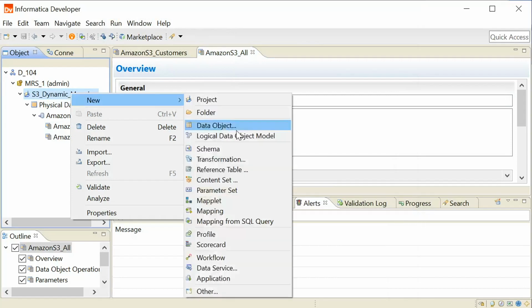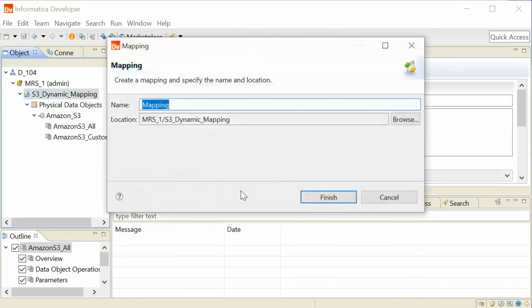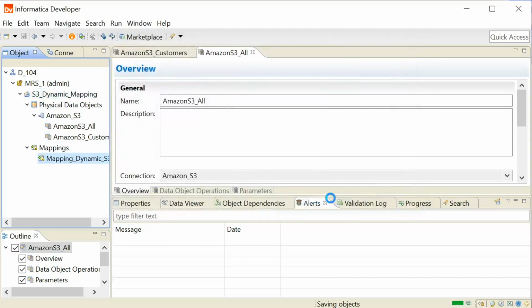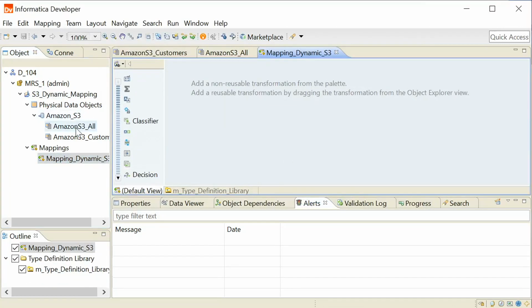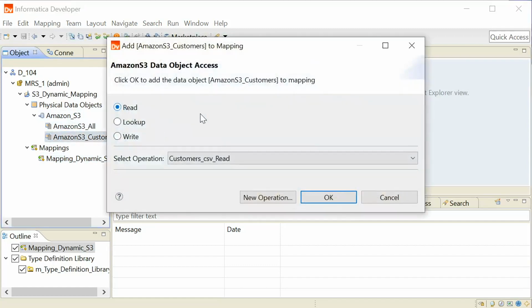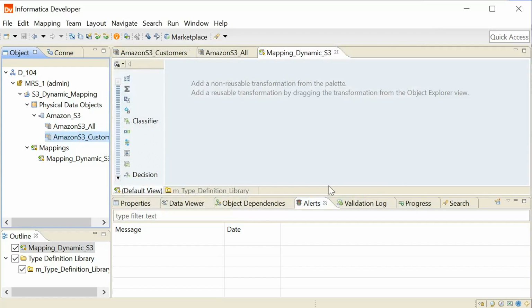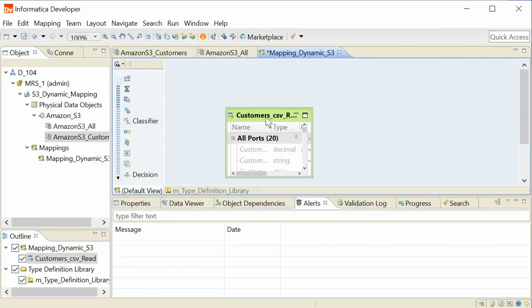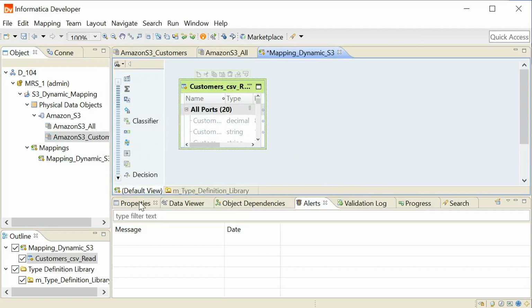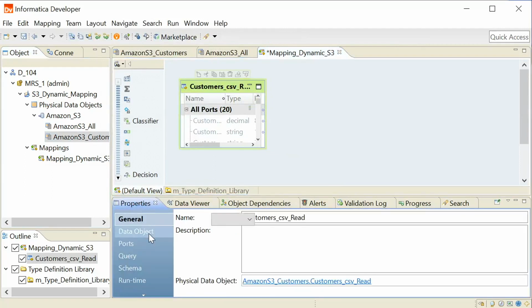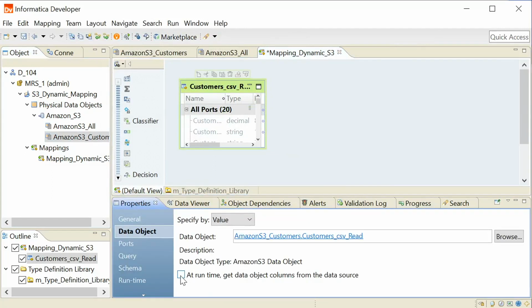We'll create a new mapping. We'll use customers as the read object. For this, we'll select the option at runtime get data object columns from data source.